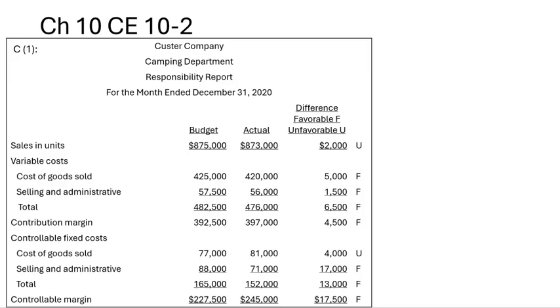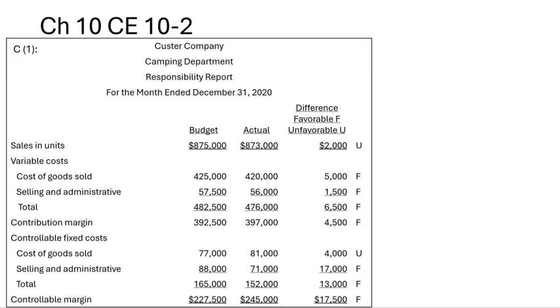Contribution margin, our variable costs were increased by 25% as well. So we have a new contribution margin. And our selling administrative fixed cost increased to $88,000 because of the planned advertising campaign. So our controllable margin budget is